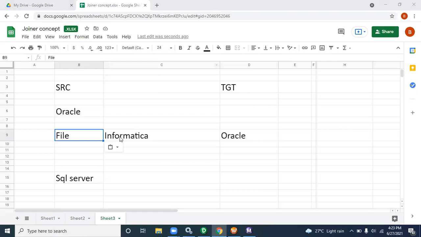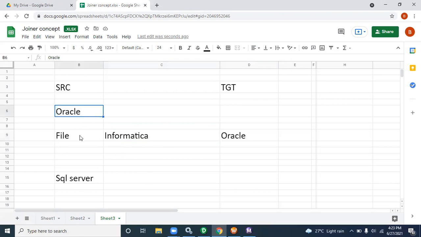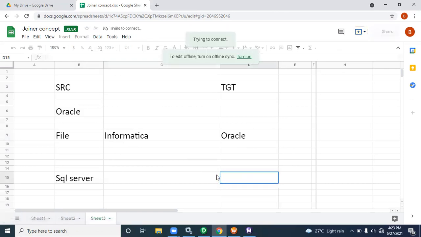Sorry. Okay, so using Informatica, for that at least you need a connection. We need a connection because Informatica is a different application, Oracle is a different application, file system is a different application, SQL Server is different, and also the target Oracle is again a different server. So for that reason we need a connection. Am I right? For that reason, Informatica uses the ODBC connection. ODBC, I think everyone is aware of that. Open Database Connectivity.